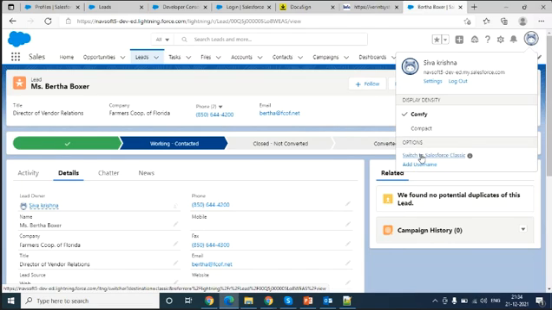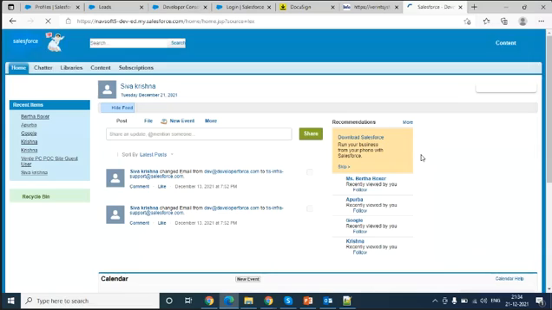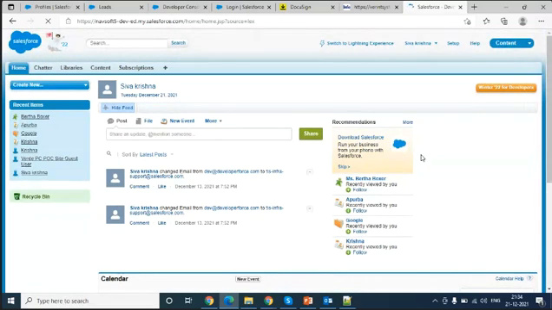If you click switch to classic, you can see that UI is a little different. This is what they initially developed. Later on, it moved into a different manner.